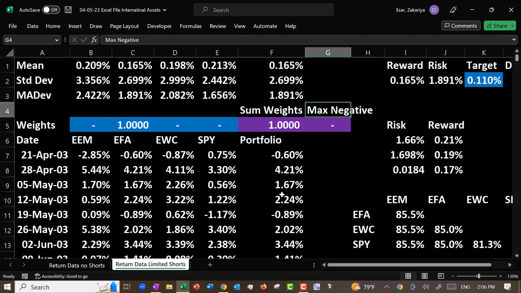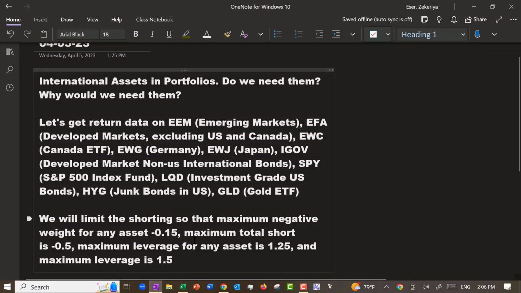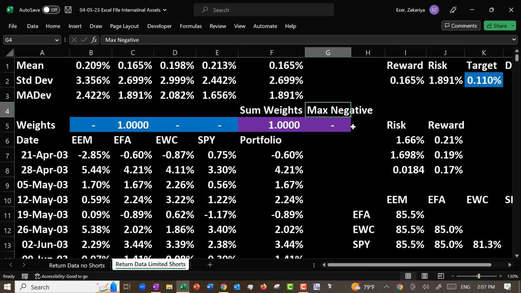Remember, I want to limit, let me see, where is that? The minimum weight to be negative 0.15. So the only condition I have to impose is the smallest weight is greater than or equal to negative 0.15, right? Let me actually, here, let me